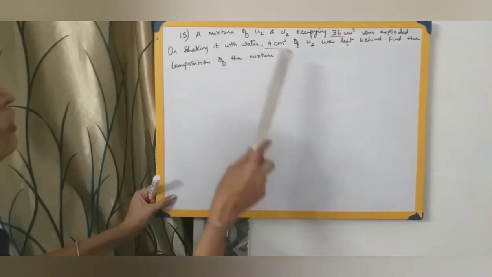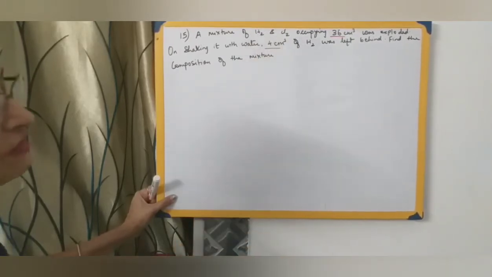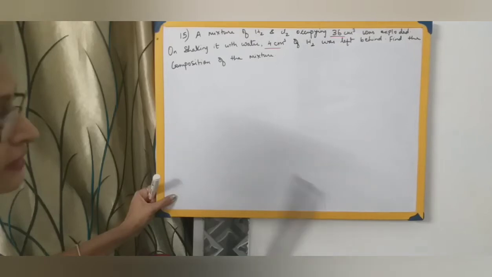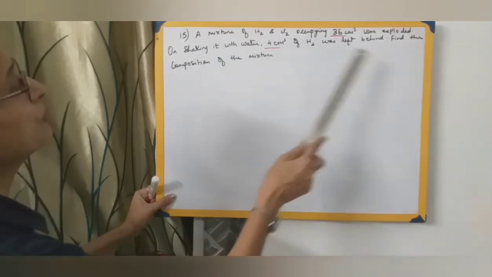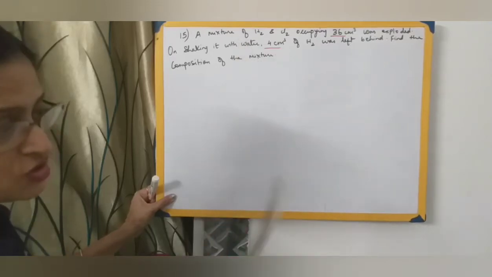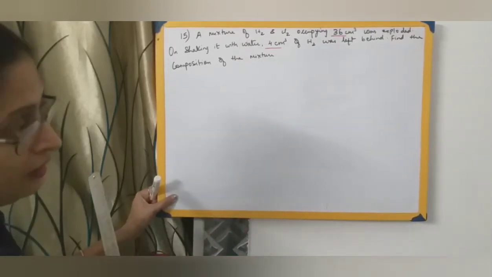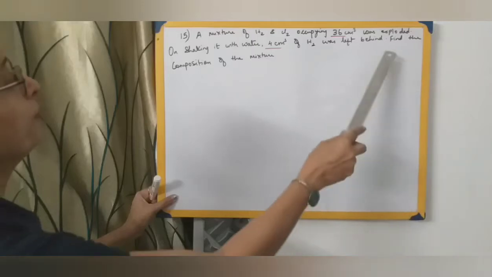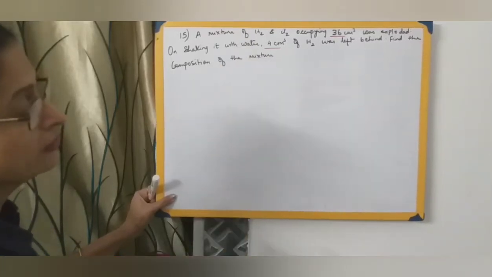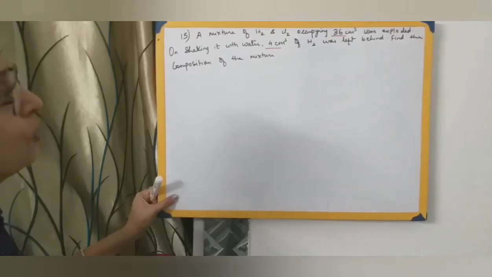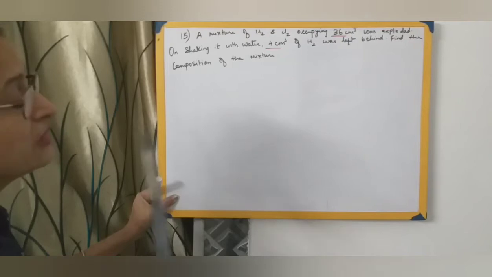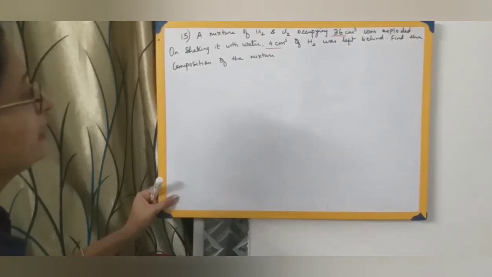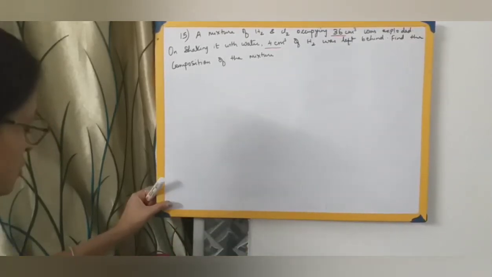That means we have to find out how much of hydrogen and chlorine was given in the initial stage as a reactant. Be very careful when the question says find the composition of the resulting mixture. The resulting mixture is something else, which I have explained in the previous numericals, and composition of the mixture means the reactants which have been provided in the beginning. Both things are different. So make sure you read the question carefully.